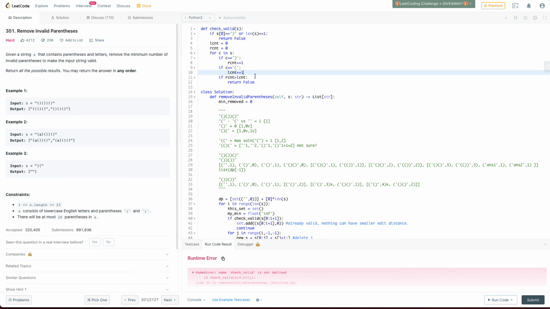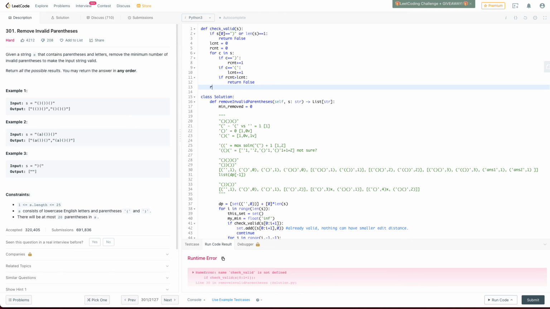So if this is bigger than this at any point, then return false. But if we run through this whole loop and there's no point where L count and R count, there's no point where R count is bigger than L count, which means this is strict subset or equal to L count,